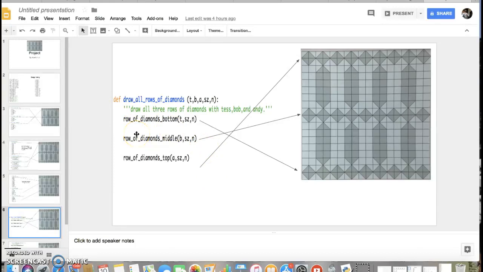It's going to draw the diamonds, the line of the row of diamonds. Draw all 3 rows of diamonds with Tess, Bob, and Andy. As you can see, each one we have 3 in here. So yeah,